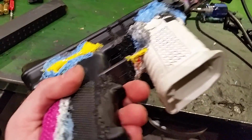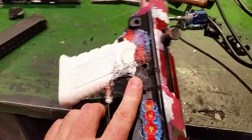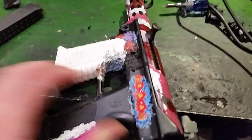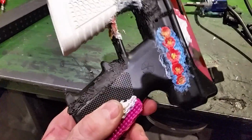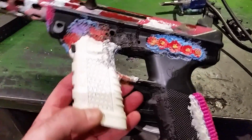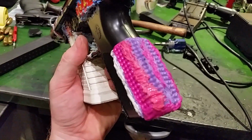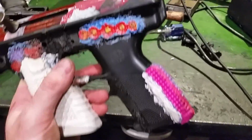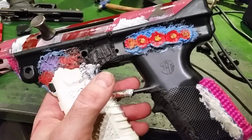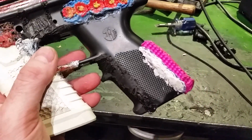You can see where it was cut, and parts that were thrown away. Magwell's gone. This is actually made up out of a piece of plastic from an AR-15 pistol grip. In fact, you can see other parts of it. Plastic welding is really crude, but that's in keeping with the post-apocalypticness. To keep it weird, we went with some of those late 80s, early 90s children's hair barrettes, or whatever you call them,